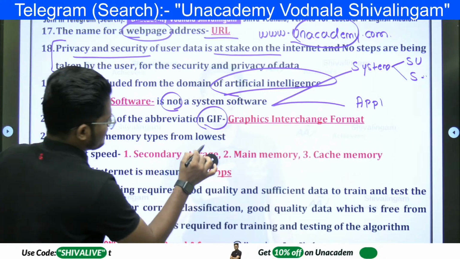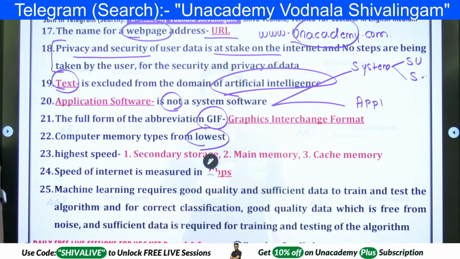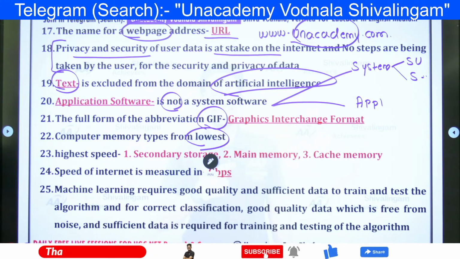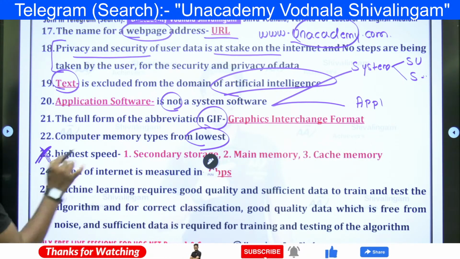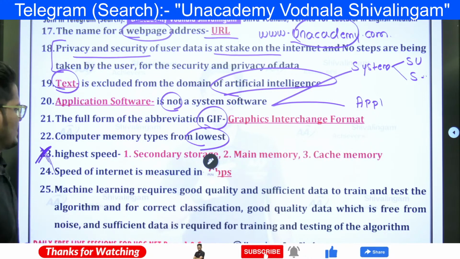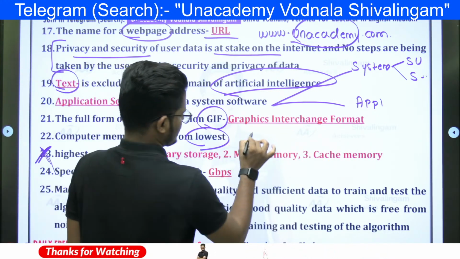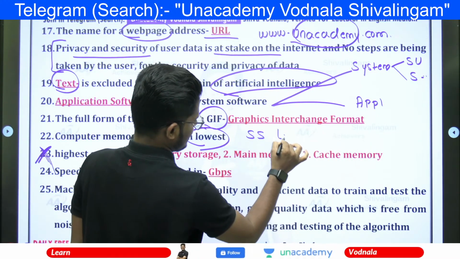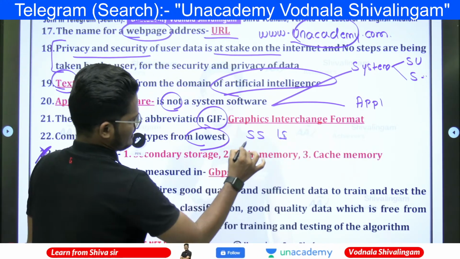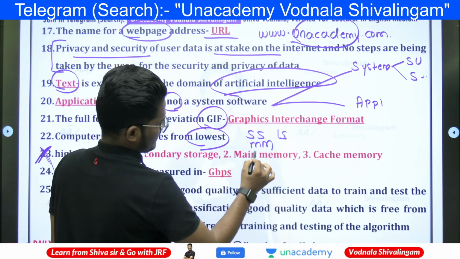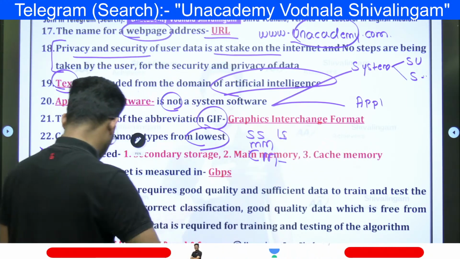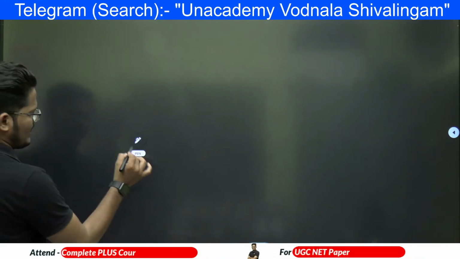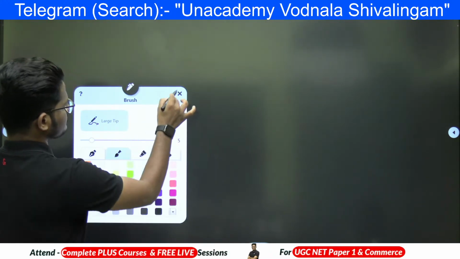Computer memory types from lowest to highest speed. This point is repeated, a continuation. Secondary memory is the lowest speed, then main memory, and cache memory is the highest. If I write the speed point of view,